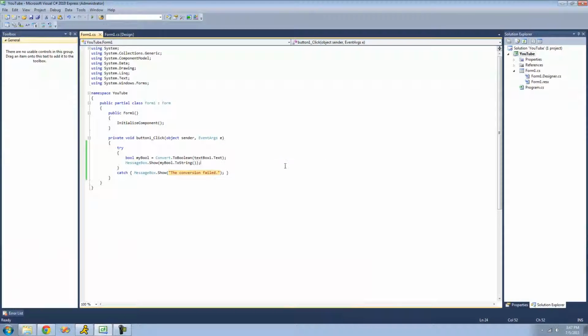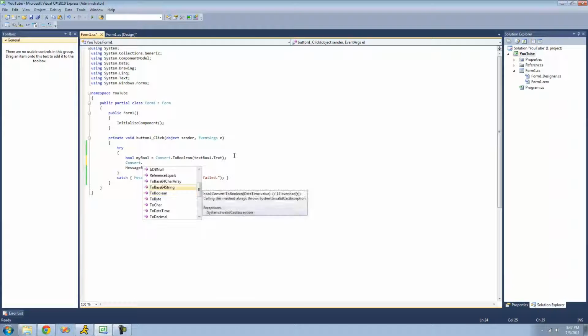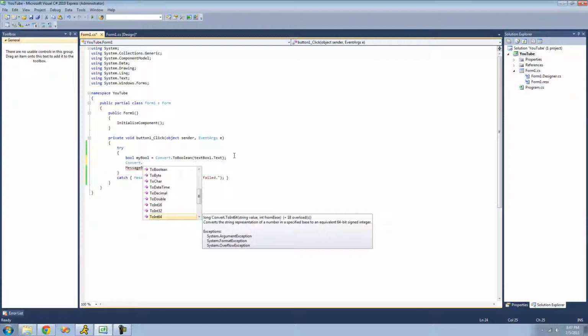So that's pretty much it for this tutorial on the convert class, but I didn't go over every single method inside of it because it's pretty self-explanatory. You just do convert dot and then whatever you want to convert it to. If you wanted to convert it to an int64, then you just set it equal to